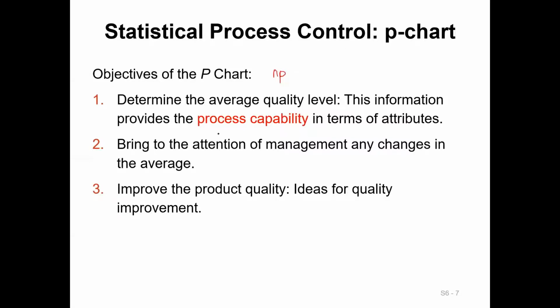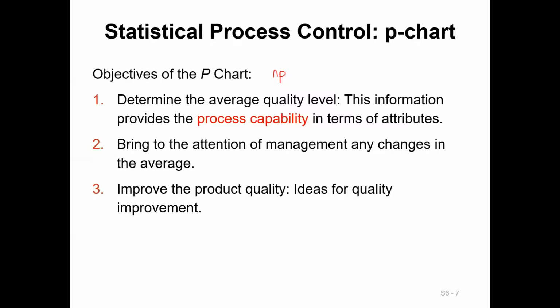Number one, it is similar to the variable control chart. With an SPC chart, at the end of the day, you can use it to derive the process capability. But the good thing about the attribute chart is that the process of calculating process capability based on a variable chart is a bit lengthy. We go through a few steps before you can calculate the process capability based on the X-bar R chart.